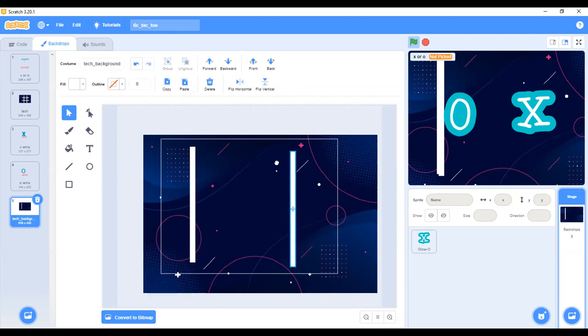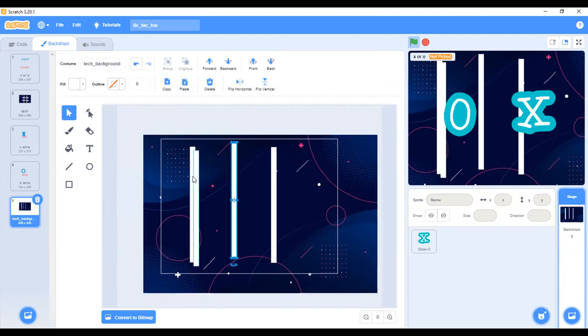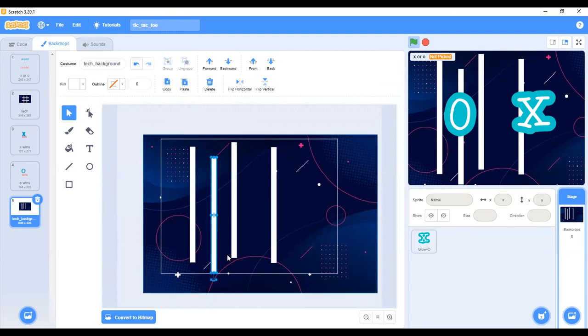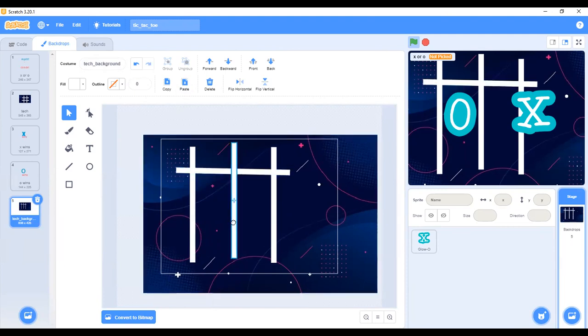Once you paste, do another paste and another paste, so you have like four. And then all you need to do is click on it and rotate it, bring it, click on this one, rotate.